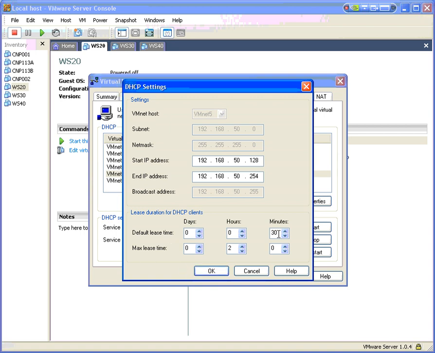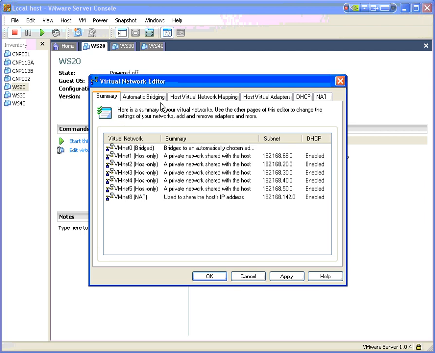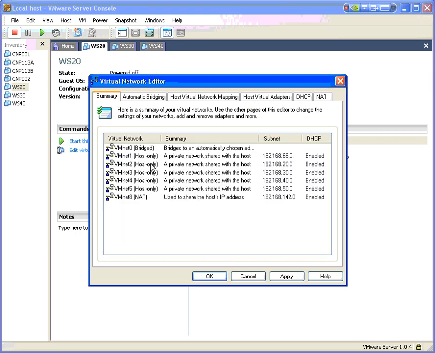Oh, and you can also define how long you want to lease the information. So hit OK. At this point I now have a new host-only VMnet 5. Now if I wanted to get crazy, you can come in here, we could grab 5, we could turn NAT on for that and all this, but I really don't want to do that. I prefer to use host only for this. Okay, so when you're all done, you hit OK,